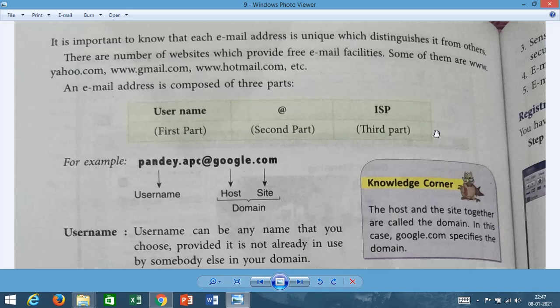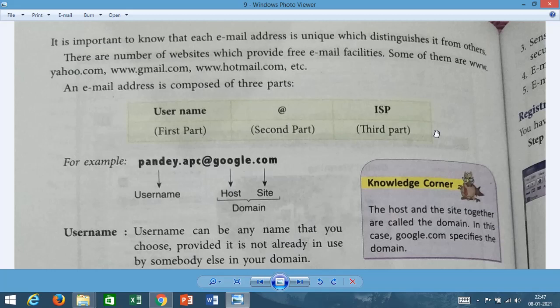There are a number of websites which provide free email facilities, like yahoo.com, gmail.com, hotmail.com, outlook.com, rediffmail.com, etc. Now an email ID is composed of three parts.